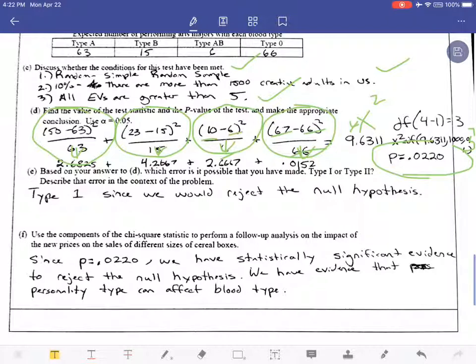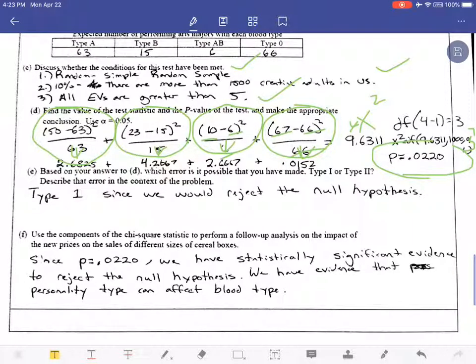All right, and we do that because it's below our significance level of 0.05. We have evidence that the personality type can affect blood type. Okay, so we have evidence because we have such a low probability value that personality type does change the expected values for the